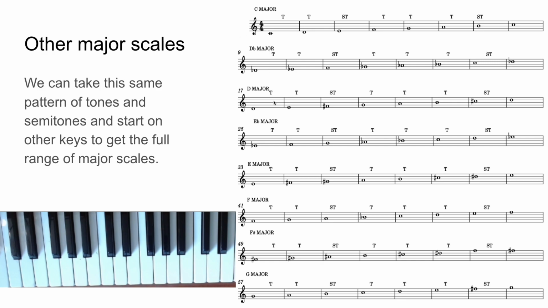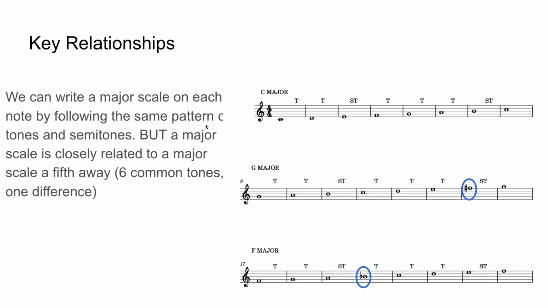And if we start to look through this circle of fifths, and look for keys that are very closely related, we start to discover a very important thing. So if we take C major again, the keys that are very, very closely related to C major, i.e. the keys that share the greatest number of common tones with C major, are G major and F major. G major, I'll just play that through,